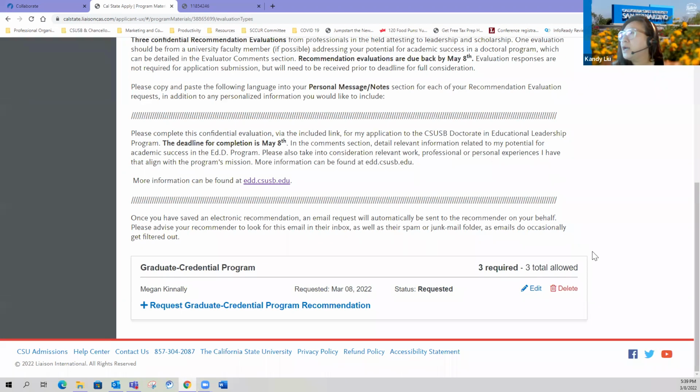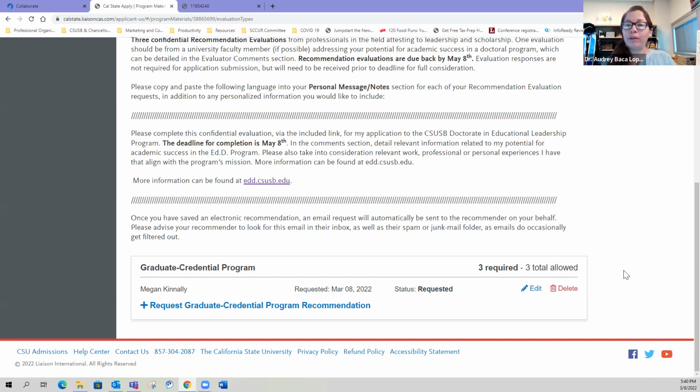Audrey, I know the minimum requirement is 3, but is there any prohibition of us putting more, or is it frowned upon? You know, I actually haven't tested it out to see if you can add more than 3. I think it may only allow 3 because that's what we determined in our